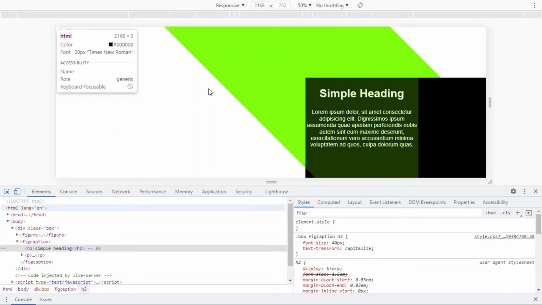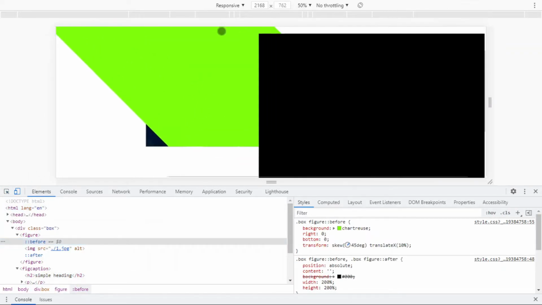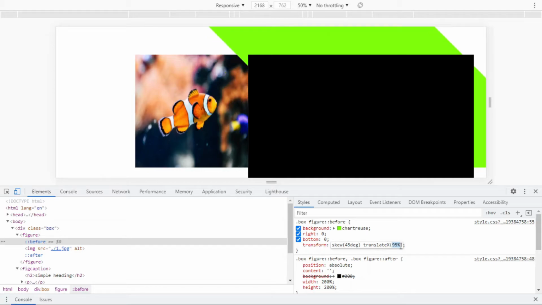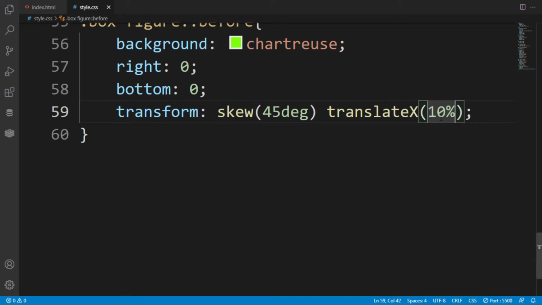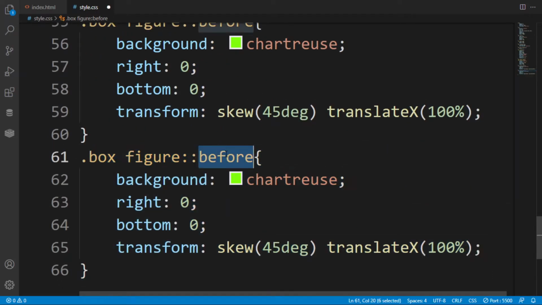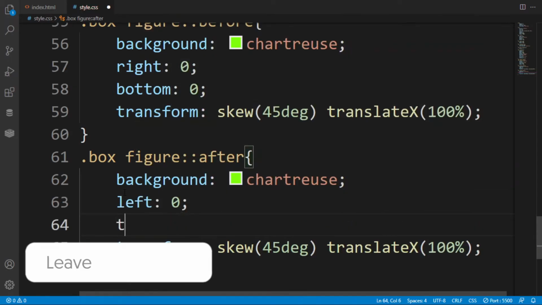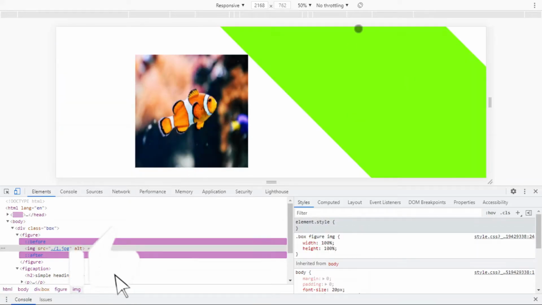Now I am going to select this by inspect. Here you can adjust this with the help of the editor. So this will be the transition: initially it will be 100, and when I hover this box, then it will change to 0, so that it will entirely cover the image. This will be the effect, or you can say this will be the unrevealed trick, that is actually the trick behind this thing. Here left is 0 and top again is 0. So after it, as you can see, our after class also has come with the before class.